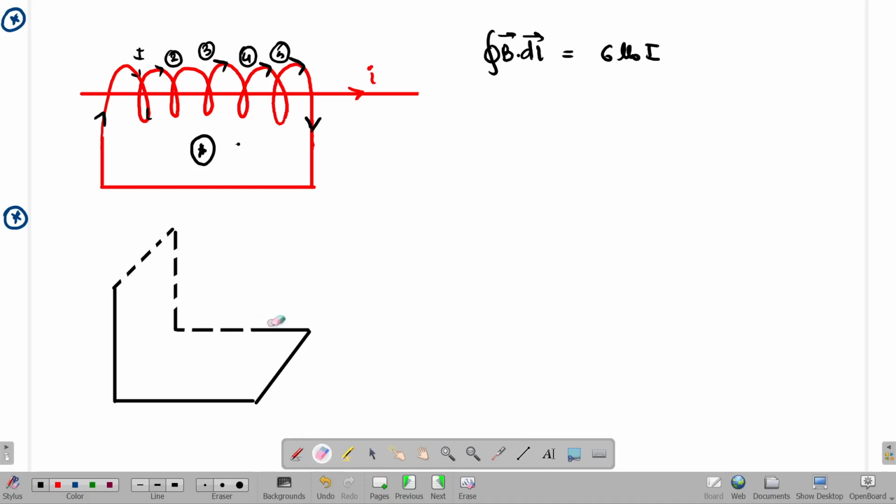This is my loop this time. Okay, this kind of formation. Current I1 enters towards this side. Current I2 enters over here only, and I2 comes out,